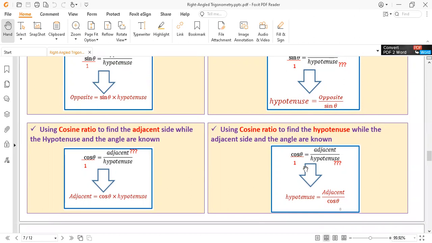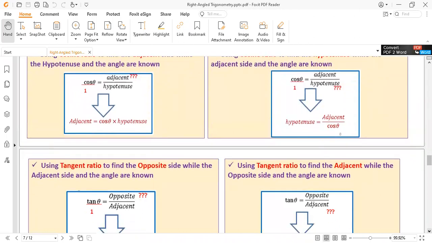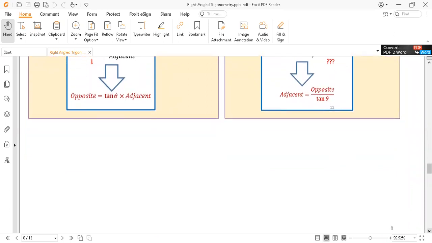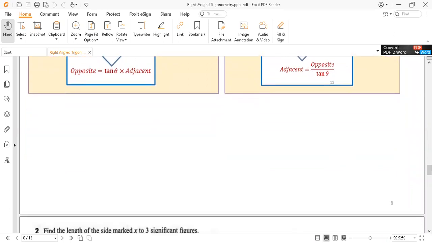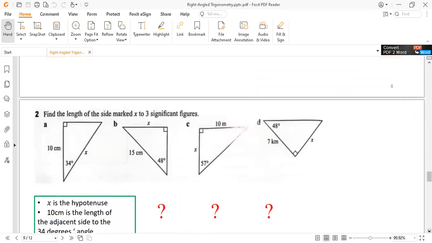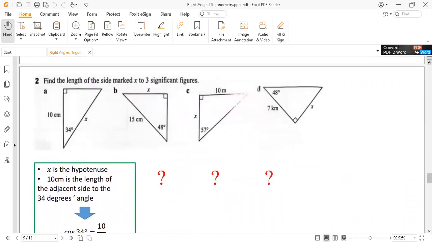In this way, the hypotenuse equals adjacent over cosine. So we should know what we have and what we need to find. Okay, in the same way we can explain the tangent ratio and the situation suitable for using it. For example, I want to discuss a little bit